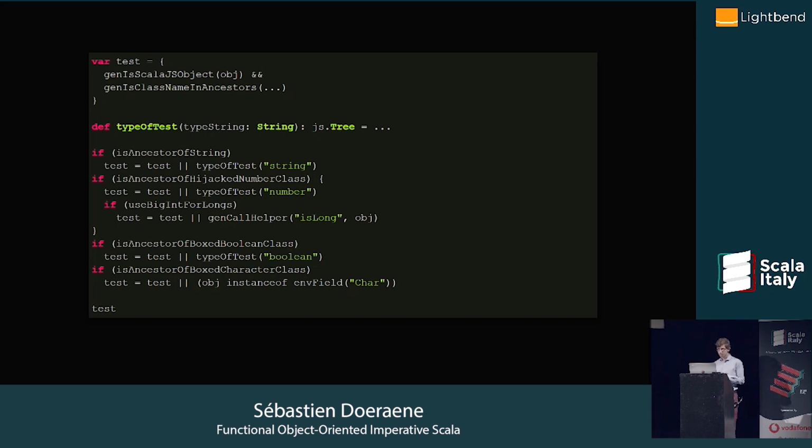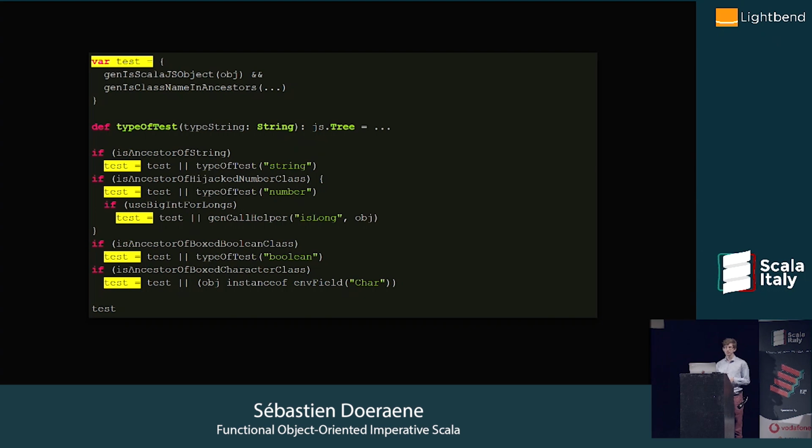The way we construct this is we have this test variable, which is an AST of a JS expression, which will return a Boolean. I initialize it with some generic code that works for basically most classes. And then there are a few special cases.